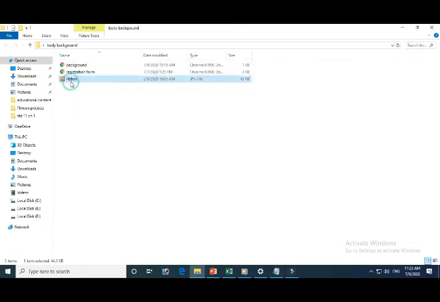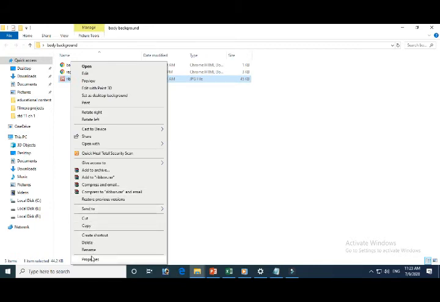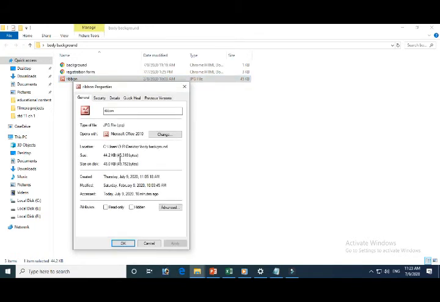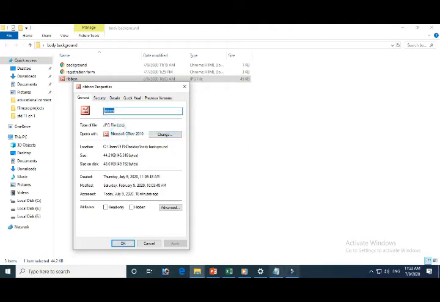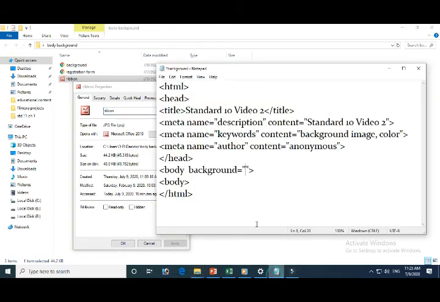To give the address, first of all right click on that image. Now go to properties. In properties you can see different file properties. The first one is the file name. Copy this file name and paste it between the double quotes. Now see what the extension of this file is. Here the file extension is .jpg.